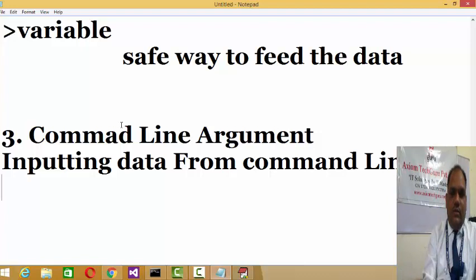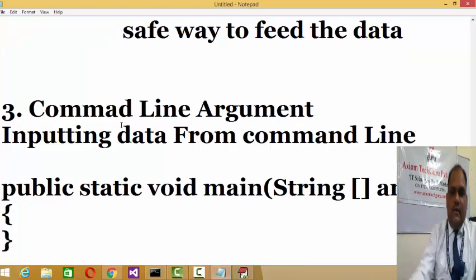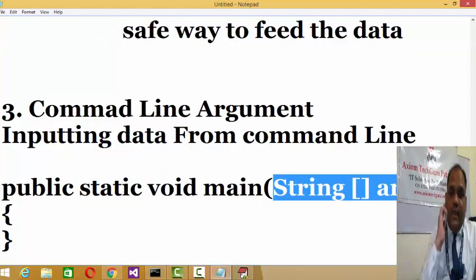Now, as you know, in case of Java, if you observe the main method well, that is public static void main and an array of string, right? This array of string means main is always parameterized. Main is always parameterized in Java. Now why do we have a parameterized main?